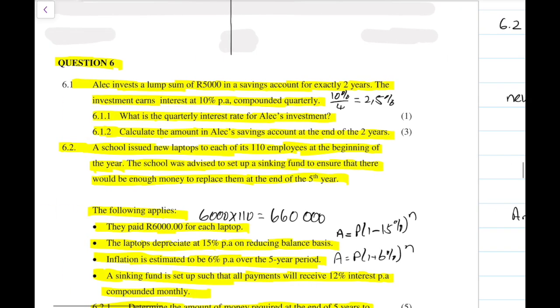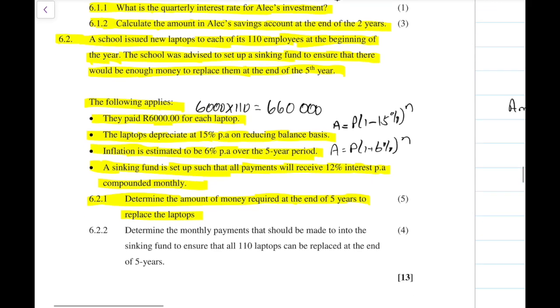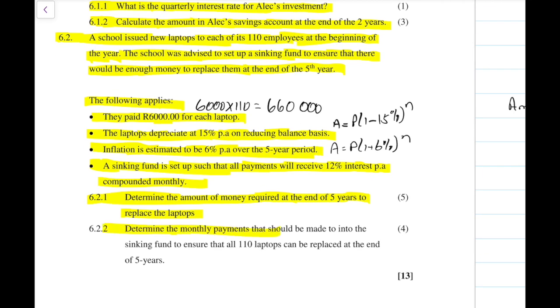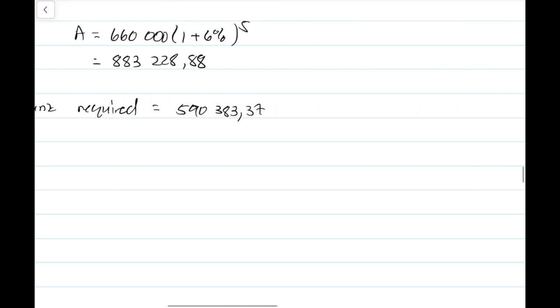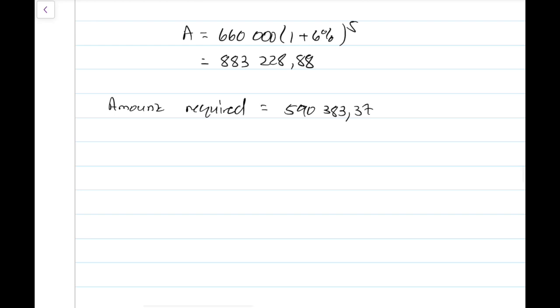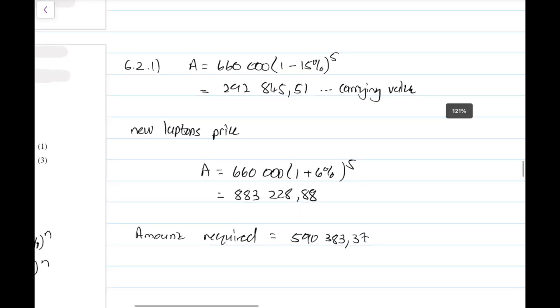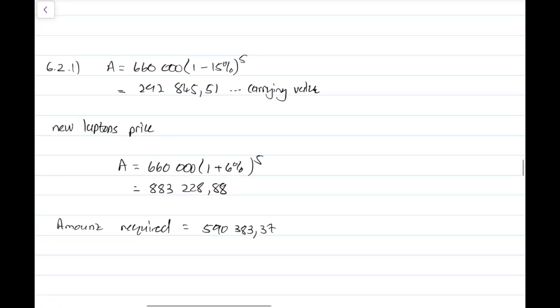It then says we need to determine the monthly payments that should be made into the sinking fund to ensure that all 110 laptops can be replaced at the end of the 5 years. Fine. So all we're going to do is put this into a future value formula. We know what we're working towards, and we know it's over a 5-year period. So we are working towards 590,383.37